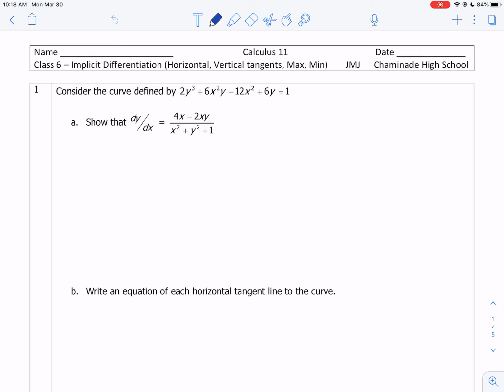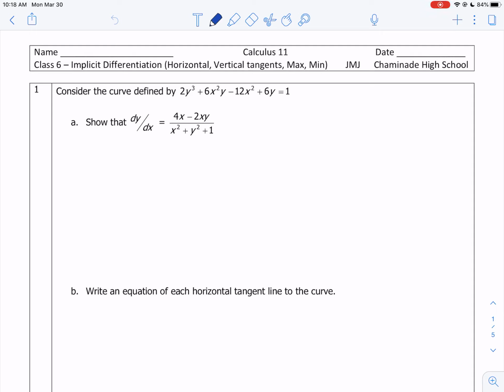We are going to be continuing with implicit differentiation today. However, today we're going to go beyond just finding the first and the second derivative, and we're going to start answering questions actually using that information. We'll be looking for equations for horizontal and vertical tangents and determining whether those points are a maximum or a